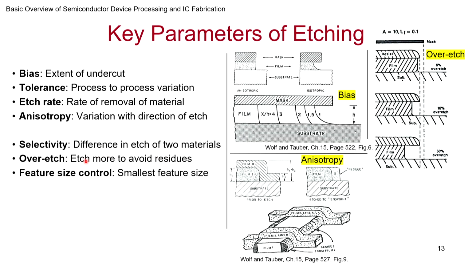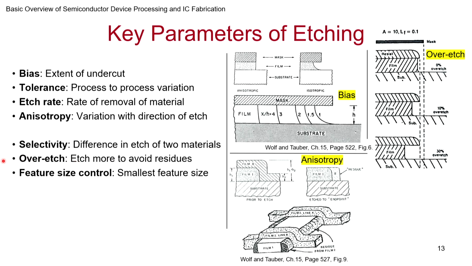Then there are some standard things which you might also be aware of. Selectivity. Supposing I'm etching silicon and there is silicon dioxide. I don't want the silicon dioxide to be etched as far as possible. So I would like to have selectivity in etching the silicon, or vice versa. If I'm etching the silicon dioxide, I don't want the silicon to etch. So there should be selectivity in etching the silicon dioxide as compared to silicon. So you want the rate of etching in silicon to be as low as possible compared to etching in oxide when you are etching an oxide. Okay, so it is the difference in etch rate of two materials.